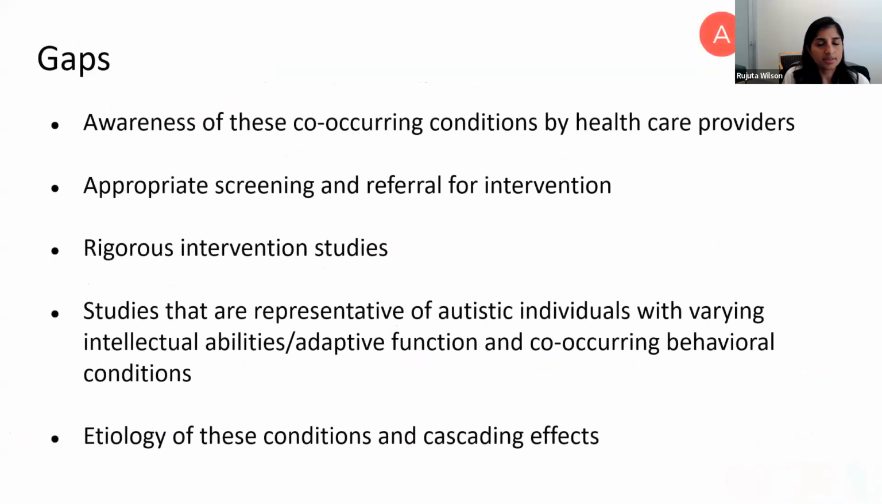So what are some gaps? Well, we know that there's gaps in awareness of these co-occurring conditions by healthcare providers, particularly the prevalence of these and how they can impact broader development and quality of life and physical health and well-being. We know there's some areas lacking in terms of appropriate screening and referral for interventions as well. And we also know that there's a lack of rigorous intervention studies in some of these areas, particularly in treating some epilepsy regression syndromes that might be associated with behavioral side effects, and also particularly in supporting motor